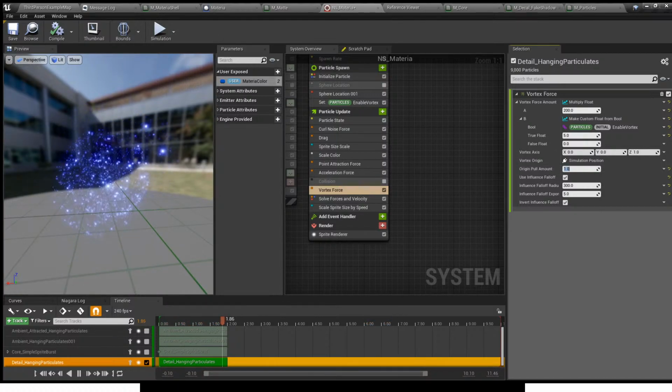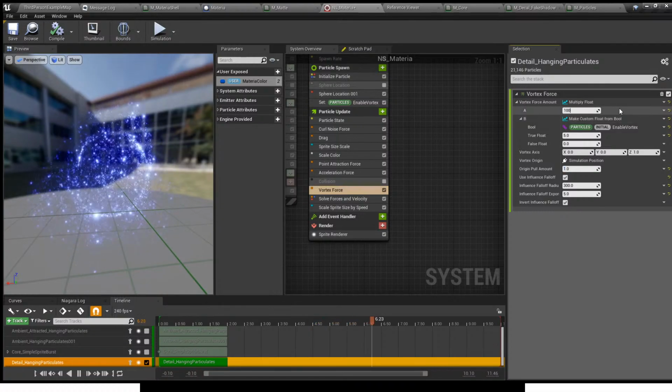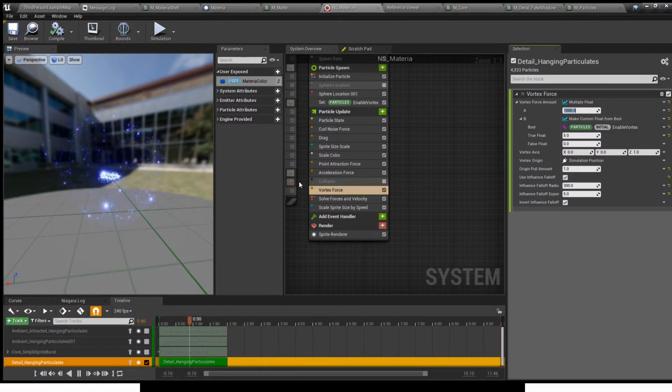I want the vortex force to be a bit more violent, so I'll finally set vortex force amount all the way up to like 1000. I think this is looking pretty good. I think one